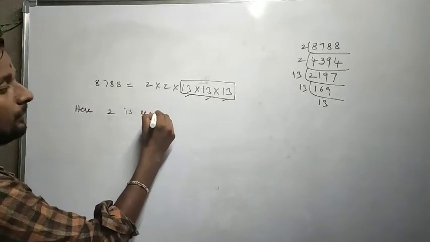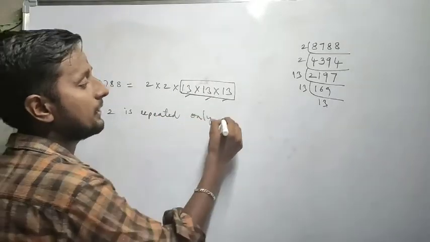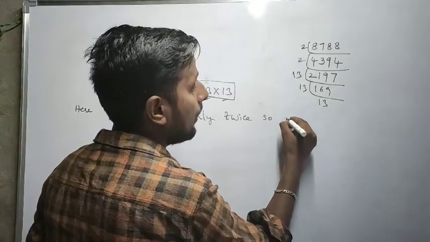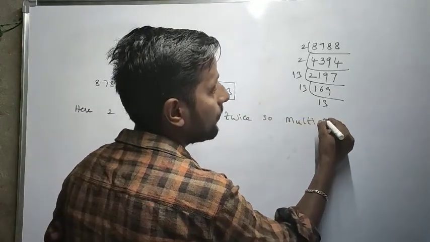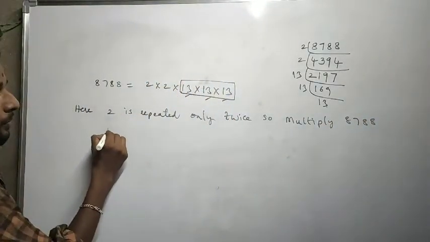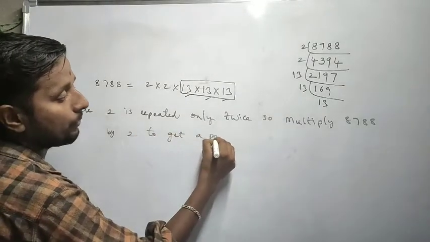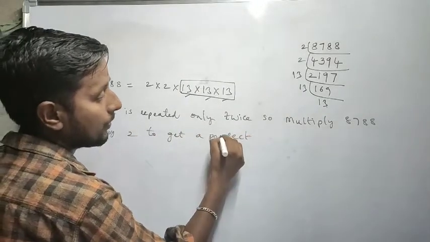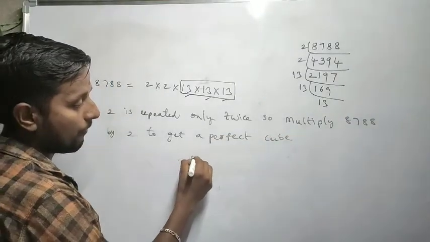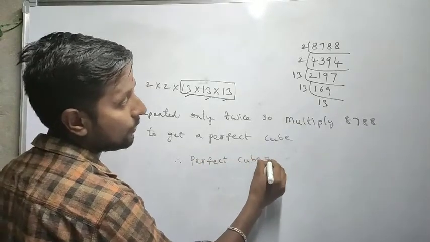So here we'll write, 2 is repeated only twice. So multiply 8788 by 2 to get a perfect cube. Therefore, the perfect cube is equal to